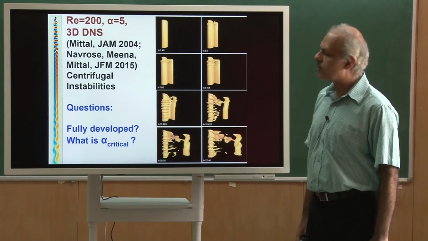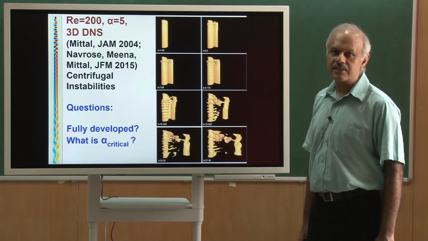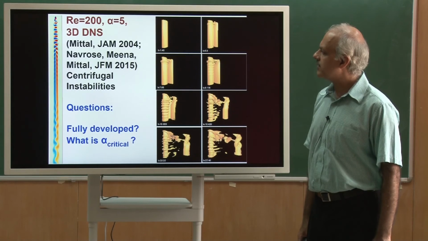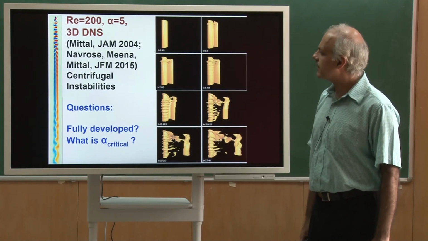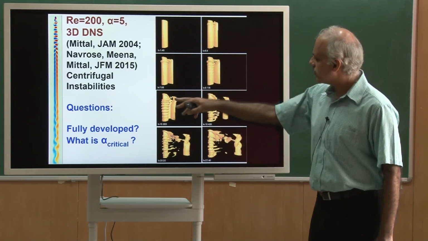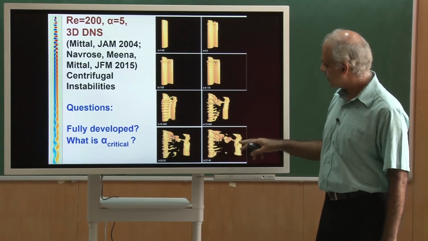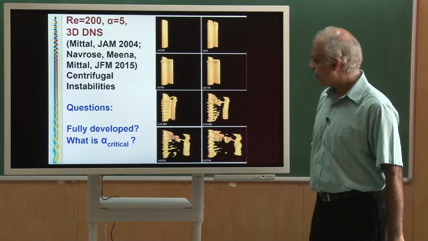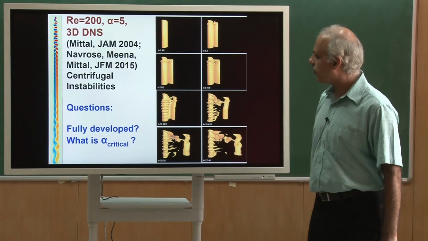And this is what we were able to see. So for Reynolds number of 200 and alpha equal to 5, the 2-dimensional flow predicts that the flow is steady, but when we did the full 3-dimensional simulation, then it turns out that at different times you get these centrifugal instabilities. Okay? And you can see this is the first vortex that is being released, it is getting twisted. So the question is, what happens to it if we run this simulation for a long time?